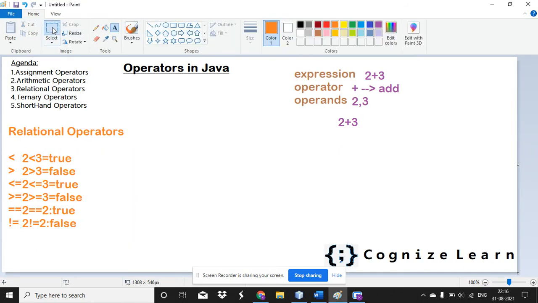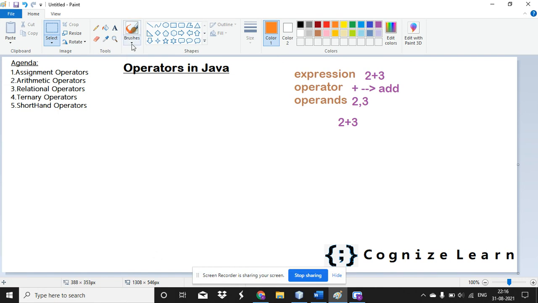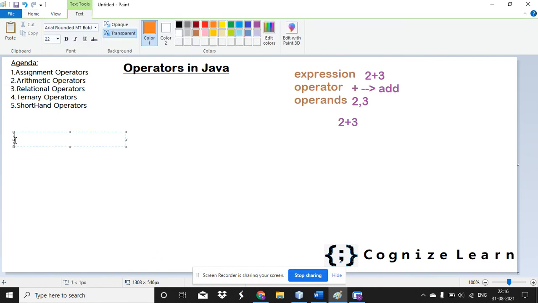So this is about the relational operators, and the next operator is the ternary operator. The symbol used for the ternary operator is the question mark and colon. Yes, to understand this, it is very easy.